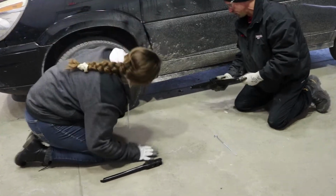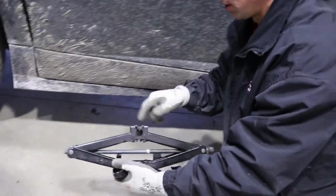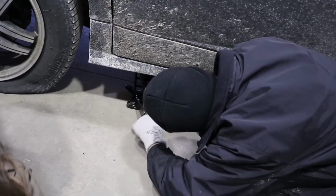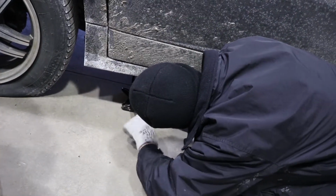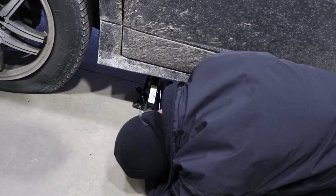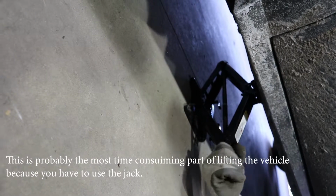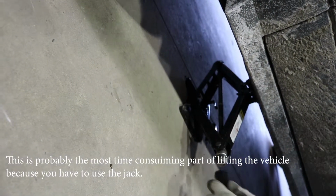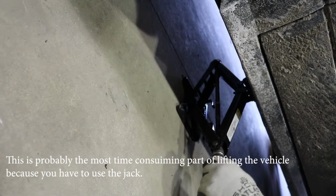So if you're using the jack, this part right here, where it's recessed, is going to sit right into the rail. Just unscrew it and then put it right on the rail, like so. And then this is probably the most time-consuming part of lifting the vehicle, because you have to use the jack. So what you do,